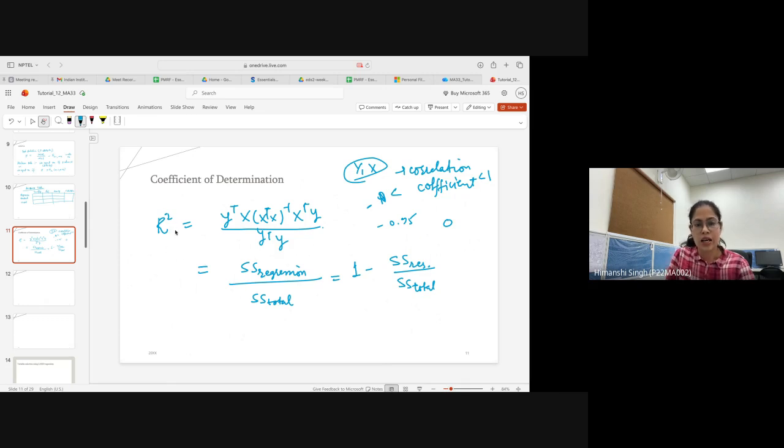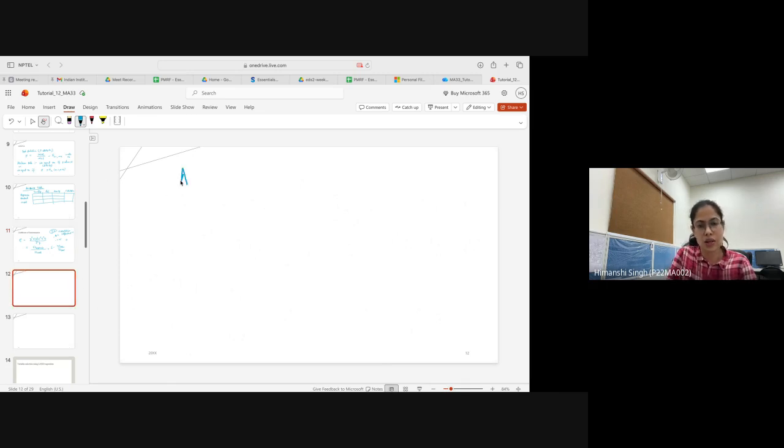Now this r square has some drawbacks. If we increase the explanatory variables, then the value of r square will also increase, whether the variable is relevant or not. So it will give us a picture that increasing a variable is giving more r square, so the model is getting better. However, in reality, it is not getting better. So in order to tackle such things, adjusted r square was given.